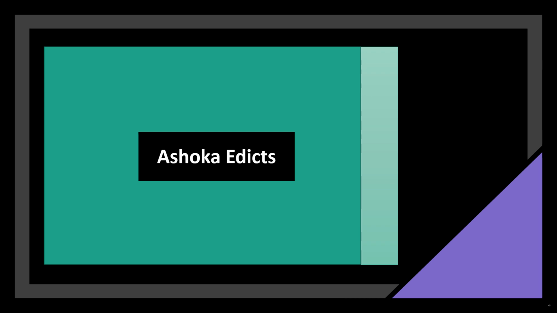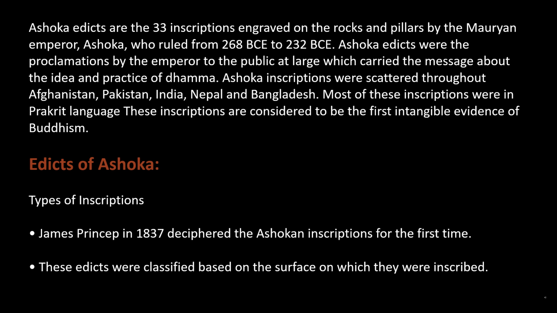Ashoka Edicts. Ashoka Edicts are the 33 inscriptions engraved on the rocks and pillars by the Mauryan Emperor, Ashoka, who ruled from 268 BCE to 232 BCE. Ashoka Edicts were the proclamations by the emperor to the public at large which carried the message about the idea